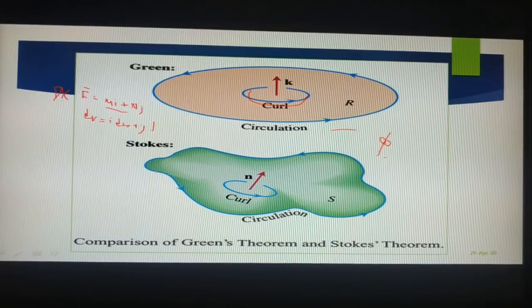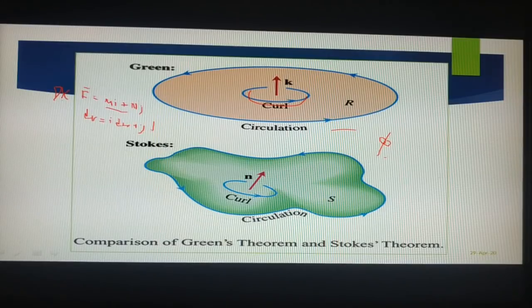Now, consider Stokes theorem, which is a generalization of Green's theorem. The only problem is that here it is not 2D, it is in 3D. So let me assume that it is some hill area, so there may be ups and downs and there may be a direction. Suppose I take one point here, I can't say it is parallel to the xy plane or the yz plane, this whole 3D object, isn't it?